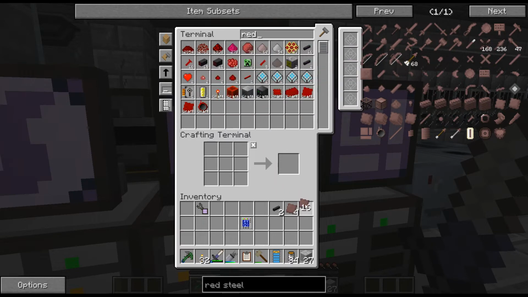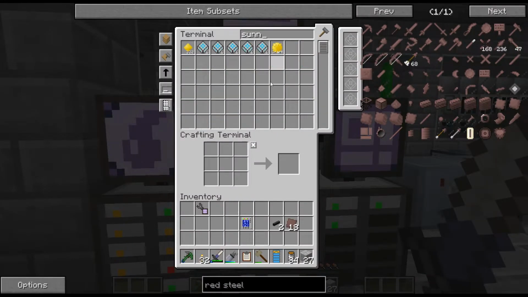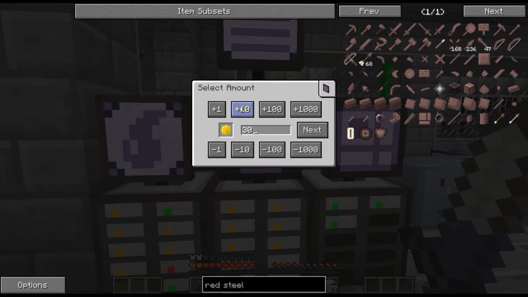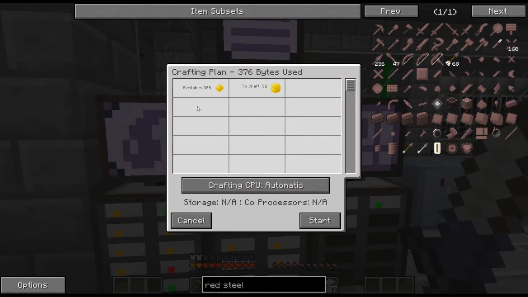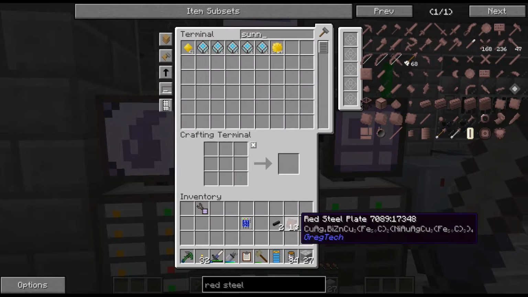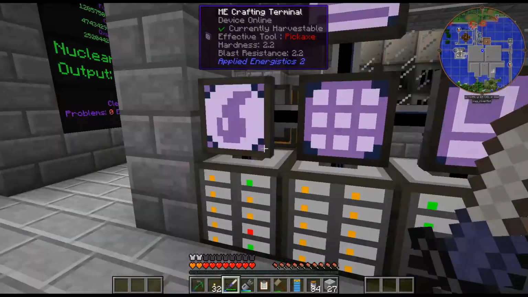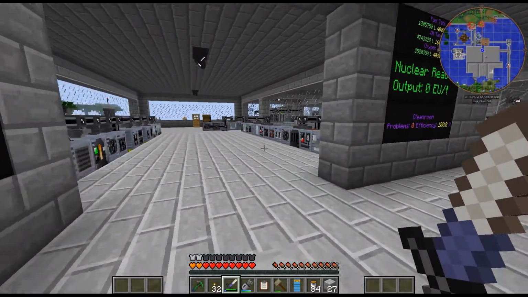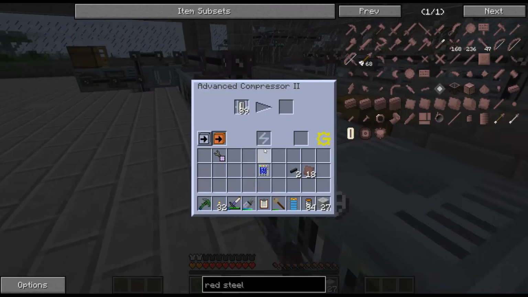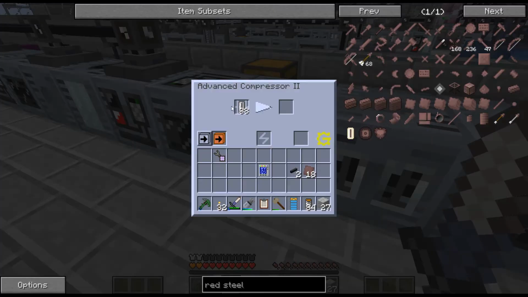Alright, so we need 18 of those with those. Now I need samarium here. I need 32 of these, which is 288 samarium pieces. I did have enough, thankfully. So that is that. That should just craft up. Ooh, might have an issue because I think... Yeah, that's my...